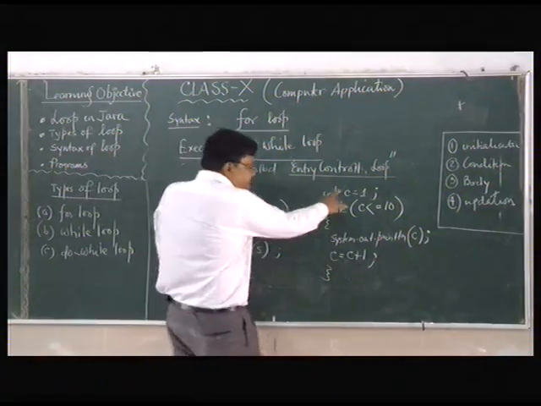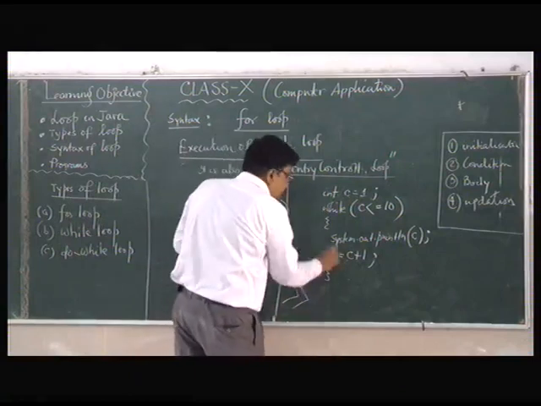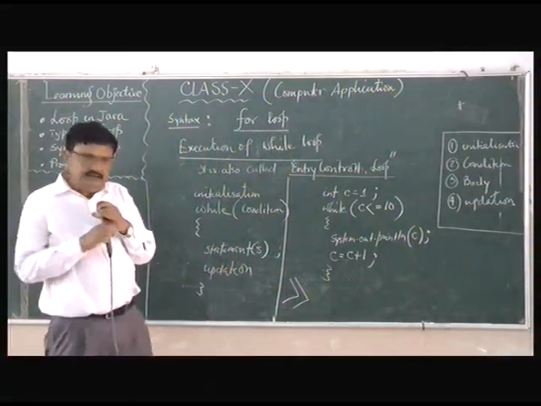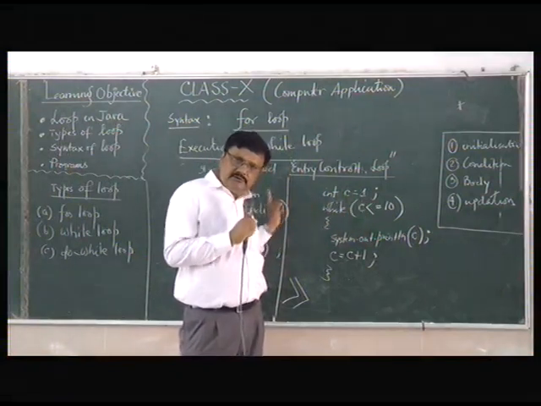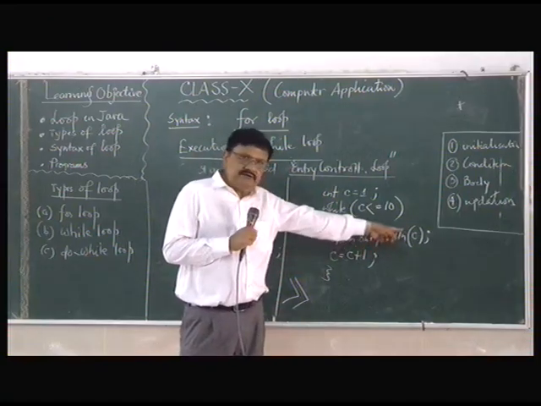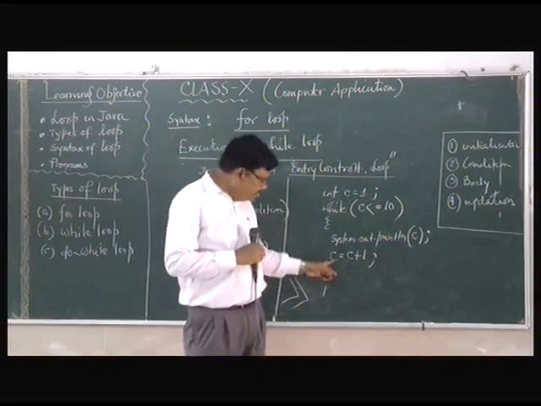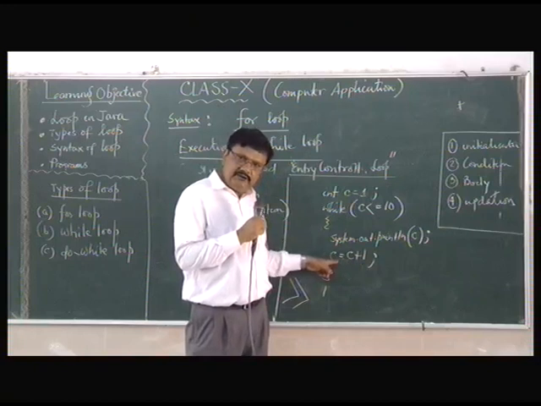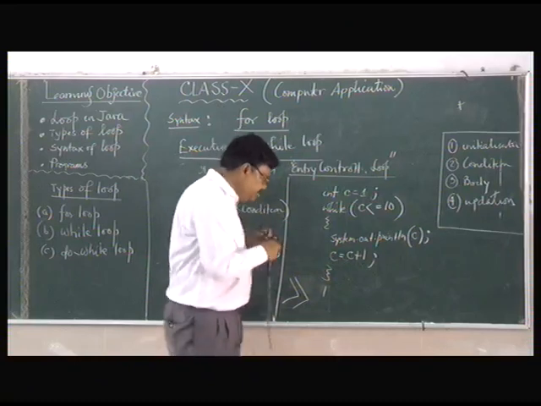Now you say, what is the first value? C value is, let us analyze this one. What is the C value? C value is 1. So 1 is less than 10 or not? Am I right or wrong? Yes, it is true or false? It is true. So if it is true, then it will enter into the loop. So it is going into the loop. Now in the loop only, it is printing what? The same value, C. So the value is 1. Now the value becomes what? Incremented by 1. So what is the C value? 2.